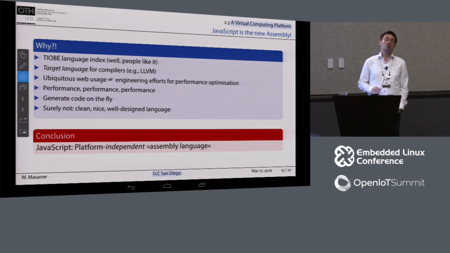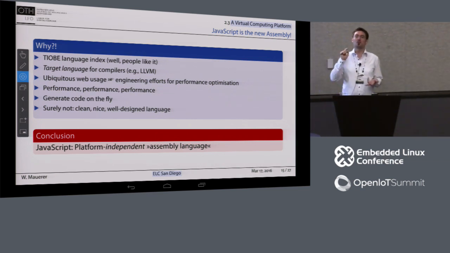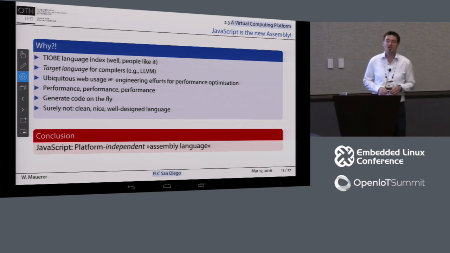Good, so as for the language, we decided to choose JavaScript, as I said already in the title of the talk. And that really raises some questions. So why did we focus on JavaScript? We also tried many languages. We experimented with Lua, with Python, and many other languages from this class. But JavaScript, although it is a very odd language, not a very clean, a very nice language, has some advantages